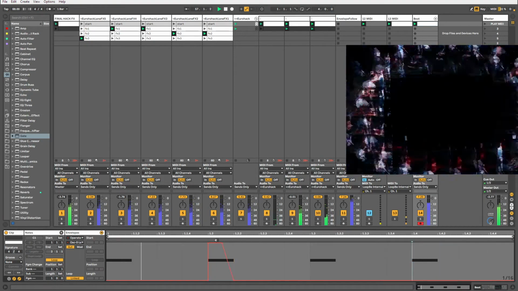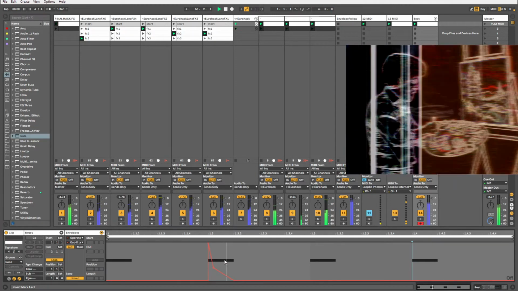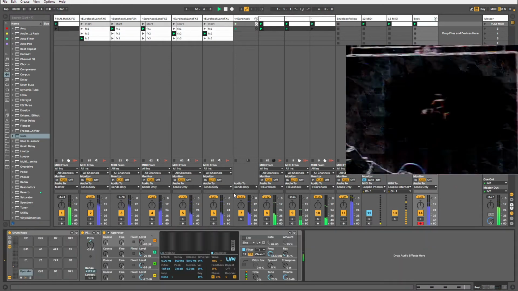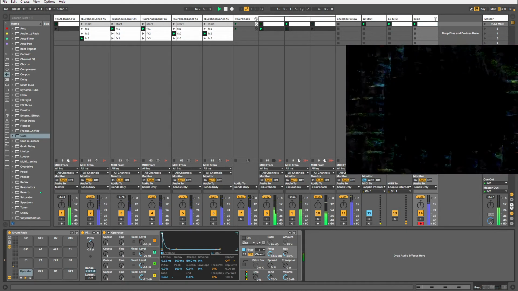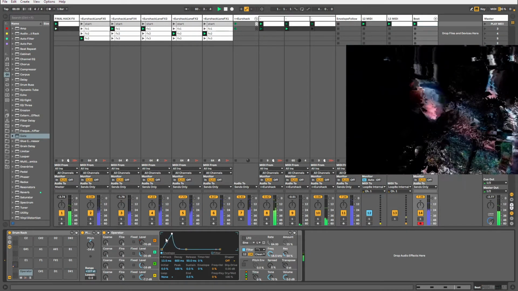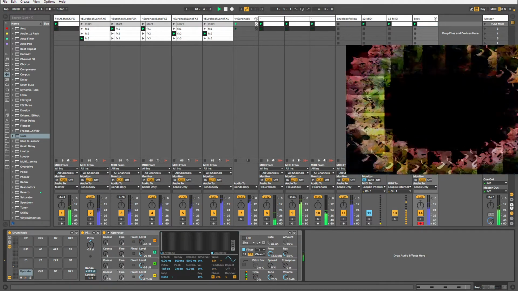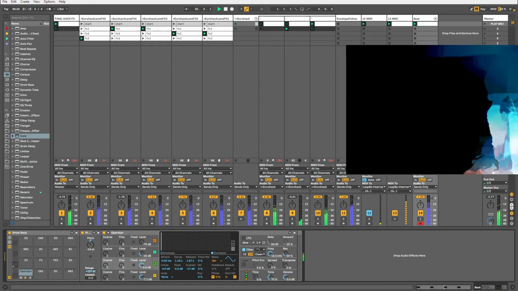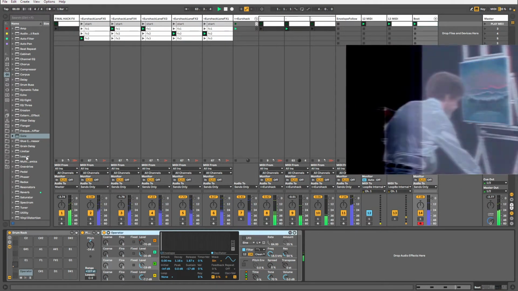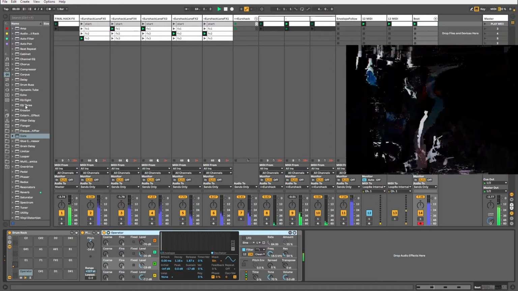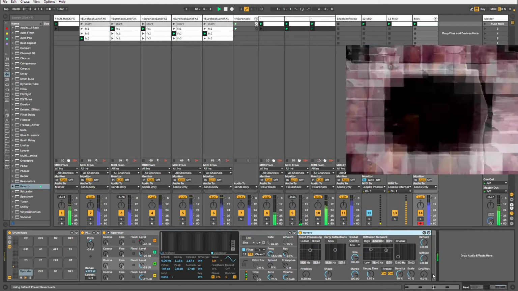And we can add a shape to it also. Where to next? I was thinking we could add a little bit of